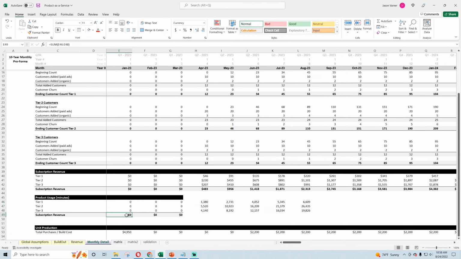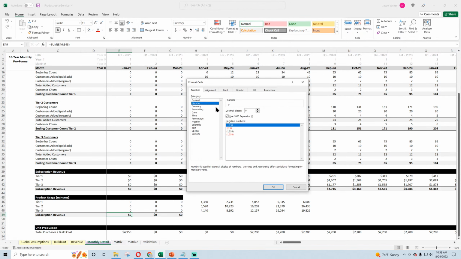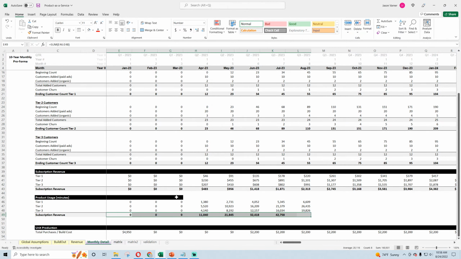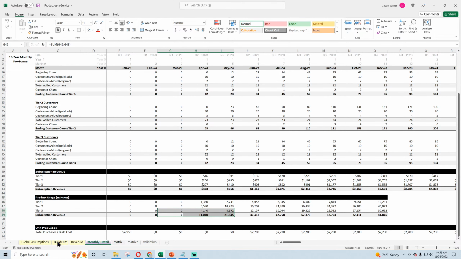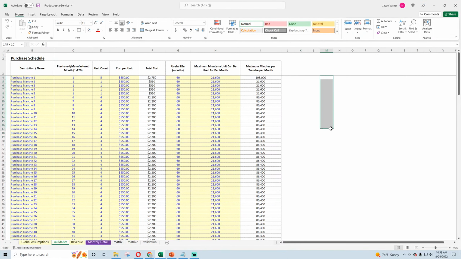So I know how many minutes in total are being used across all customers. And I need to make sure I have enough products to service that. And that's where you have to match. So then we'll match that with the build out, and we'll pull this number into the build out assumptions here by month.